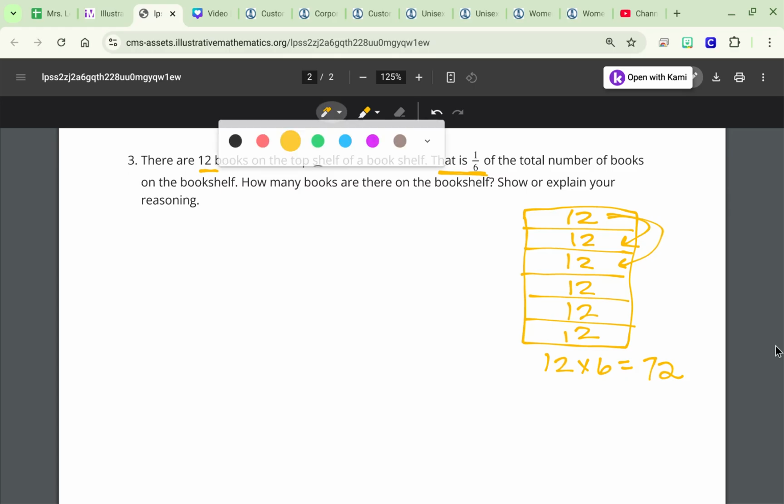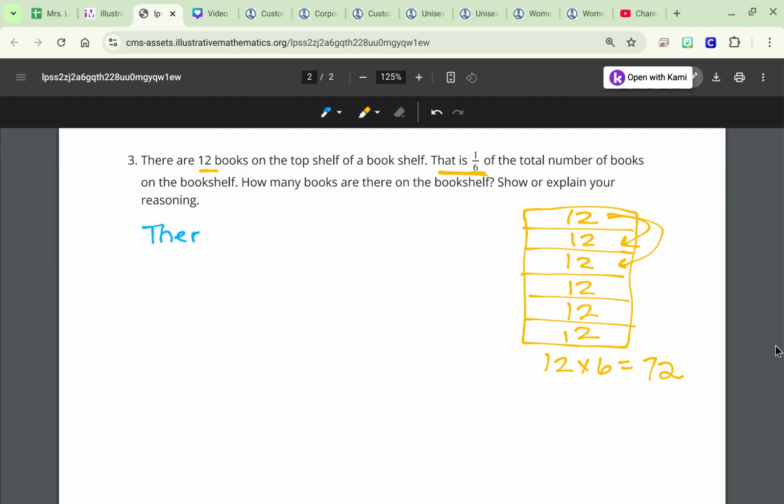Let's go ahead. I'm going to change to a blue color and let's write this down and relate it back to the prompt that we were asked. So I'm going to say that there are 72 books. Now, I multiplied